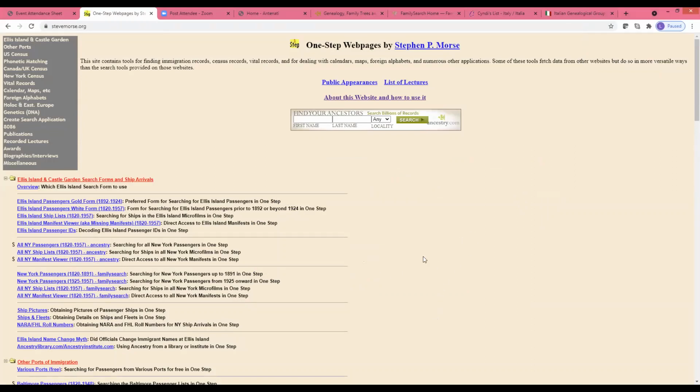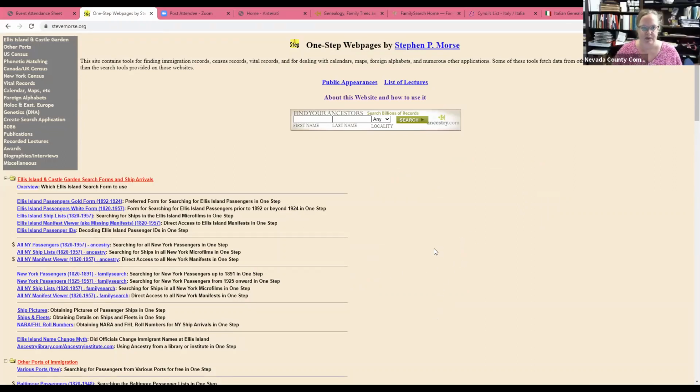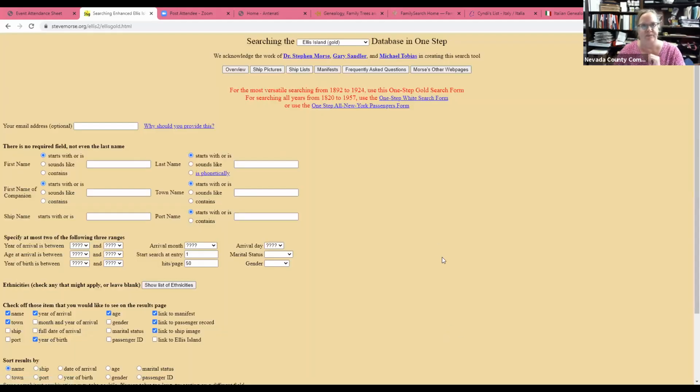Okay, thank you. So this is stevemorse.org. And a good place to start, you could search on a variety of different things. A good place to start is this Ellis Island Passengers Gold Form, which searches all of Ellis Island passengers in one step if they entered between 1892 and 1924. So if I'm clicking on that here,